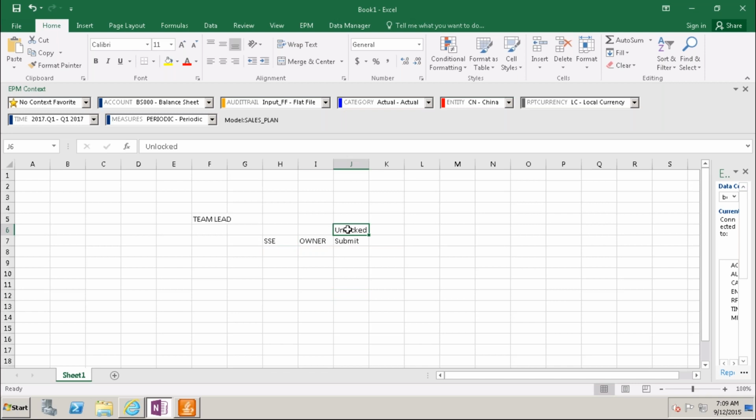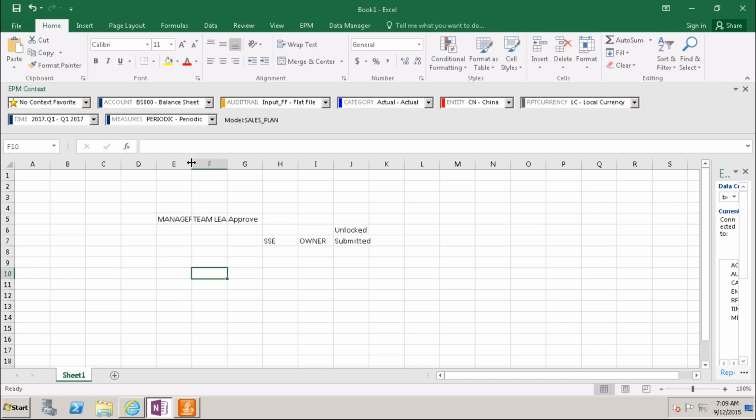Whenever it is unlocked status, SSC can submit his timesheet. Once he has submitted the timesheet, it goes to the team lead for approval. So the team lead is the manager.